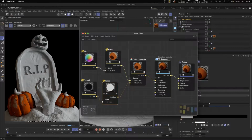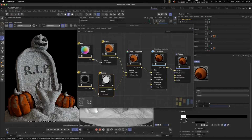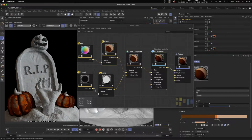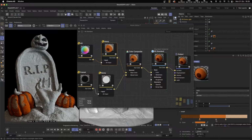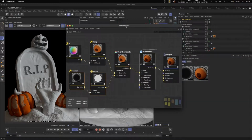So let's say we wanted to have more of a black outline, we can just pull this up. If we want to have less of a black outline, we can pull it down. And if we want to have more dark areas on our model, we can increase this. If we want to have more light areas, we can increase this. At the moment, it doesn't interact with light. There is a way of doing it with Espresso, but that's maybe something for a whole other session. But at least it's a nice way of creating some cartoony effects inside of Redshift. So Dustin,